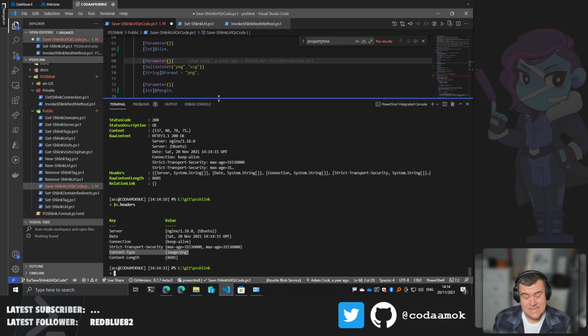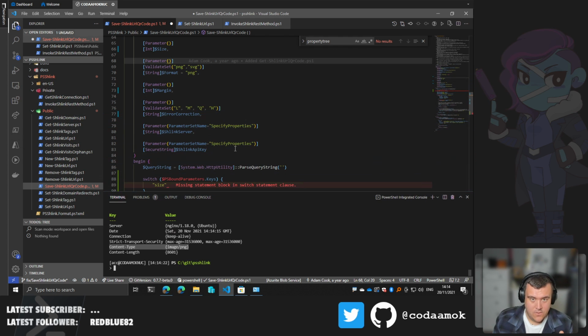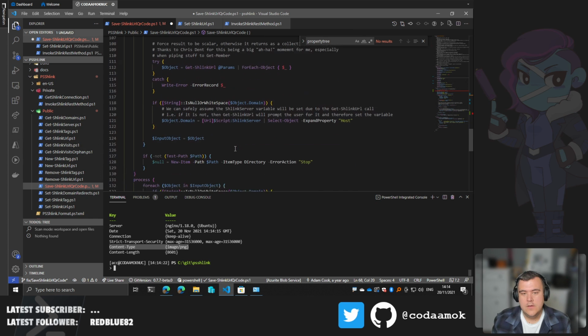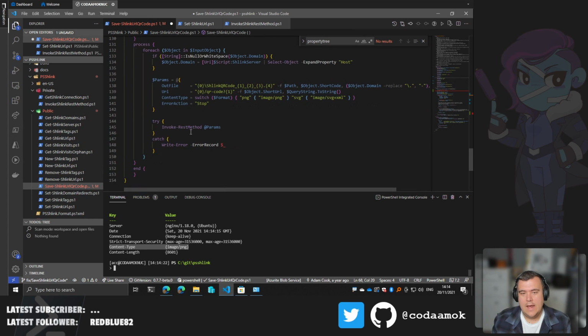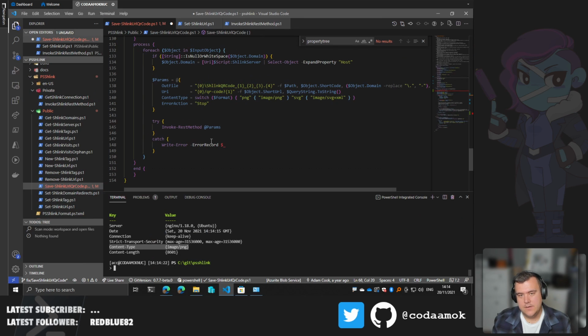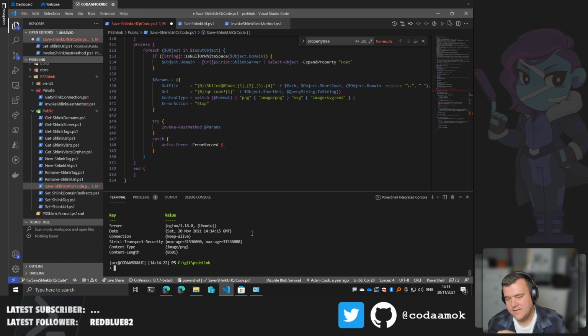So, and this isn't so bad. I can actually use invoke web request just for Shlink save Shlink QR code, because we already do an abnormal thing of using invoke rest method, not the internal private function, to make the API call. Yeah, I could totally do that. And then from the response, determine what the file type should be. But the problem is,